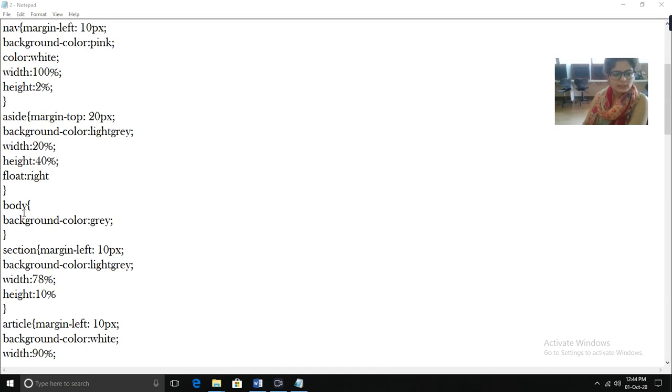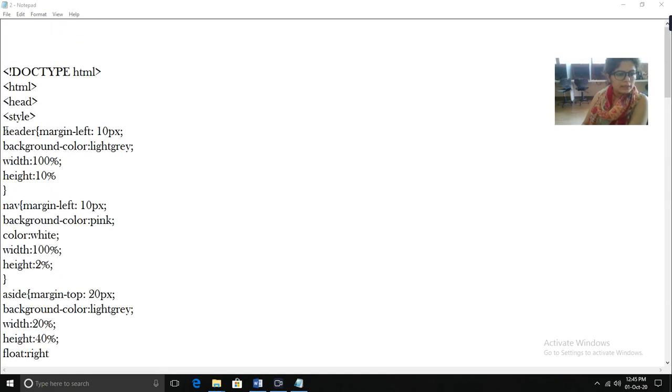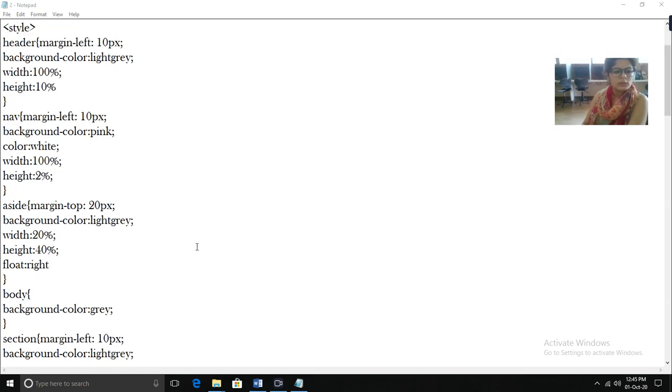What type of CSS we want to apply on body? Background color is gray. So see students, I have normally used light gray color in the header. In navigational I have used a different color, pink color. In aside I have used light gray color. So I have used light gray color in different blocks, but I have used gray color as the body of the page.